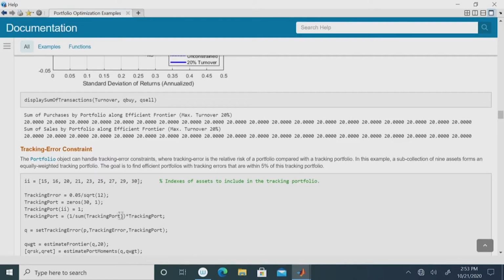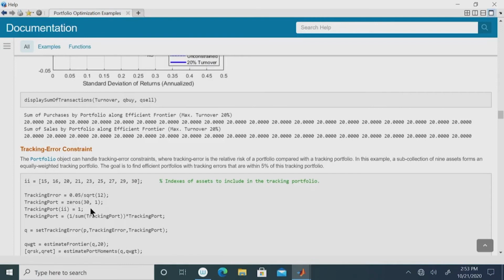These are the ones that you are going to include in the tracking portfolio. That means that while the main portfolio has a larger number of assets, the tracking portfolio will have a subset of those assets, and the tracking error is then set to 0.05 or 5%